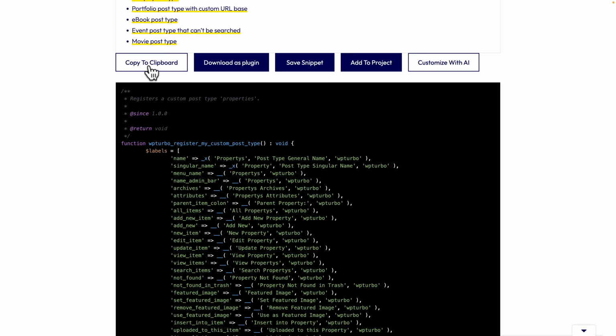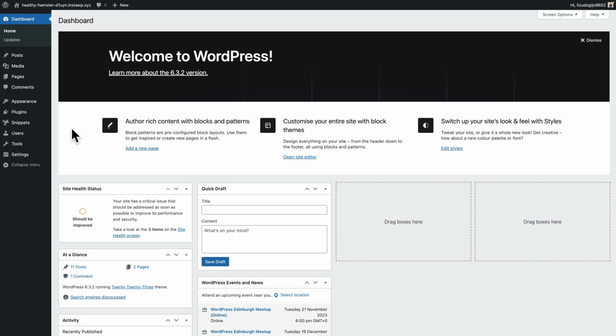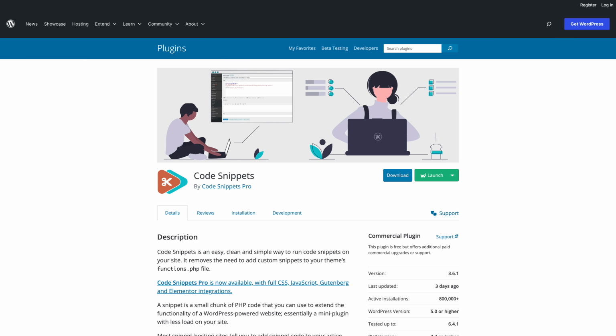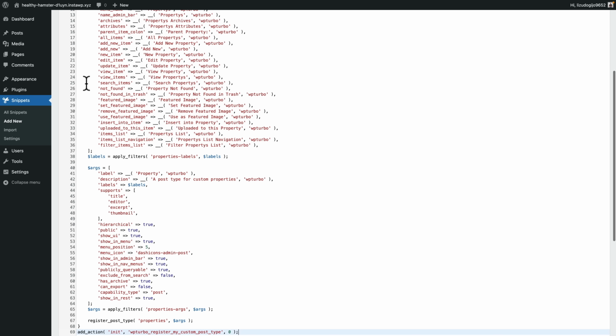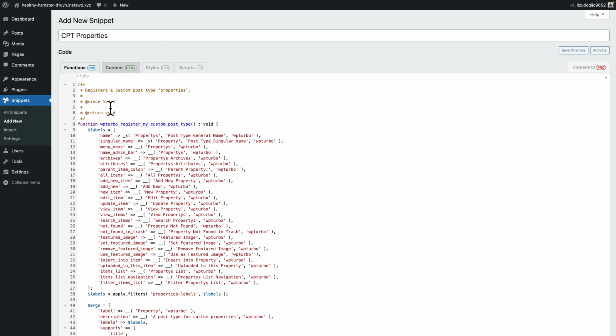But for this example, let's copy this to the clipboard, jump over into my test site, and we're going to come into the snippets section. And I'm using Code Snippets for this, the free plugin. So if you want to check that out, link in the description. We'll add a new snippet in. We'll call this custom post type properties. We'll just paste this code in for the functions PHP file, make sure that everything is in place,